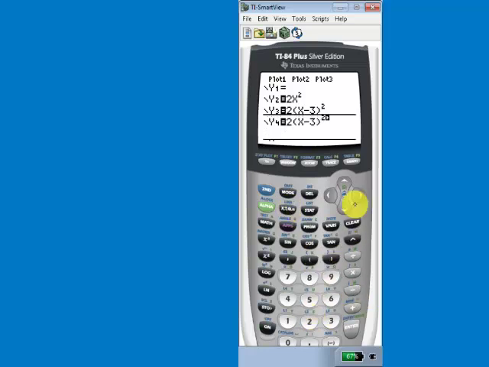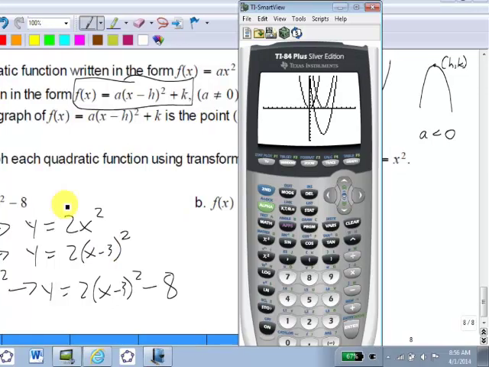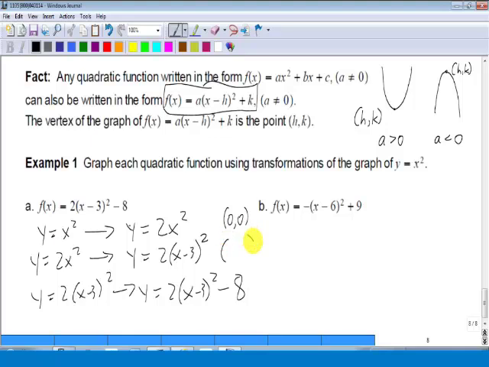The thing to keep in mind is what happens to the vertex under each of these transformations. The original y equals x squared starts at the origin. So the vertex here is the origin. The vertex here got shifted 3 to the right, and the vertex here got shifted 8 down. So 3 to the right and 8 down, so we can look at these numbers and